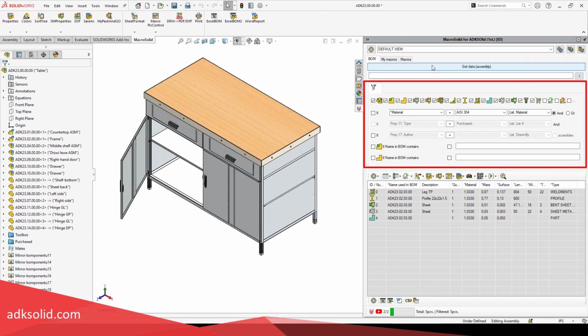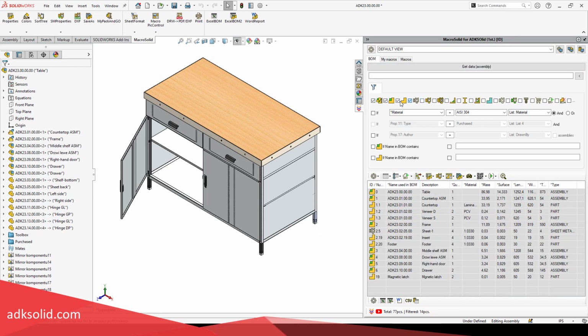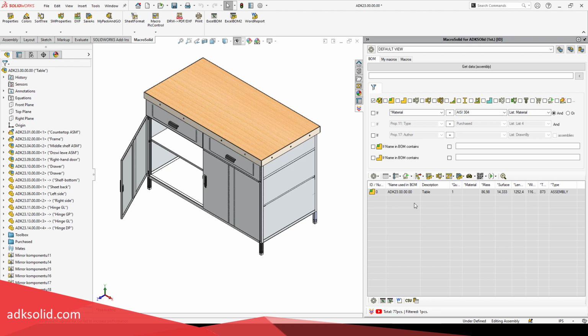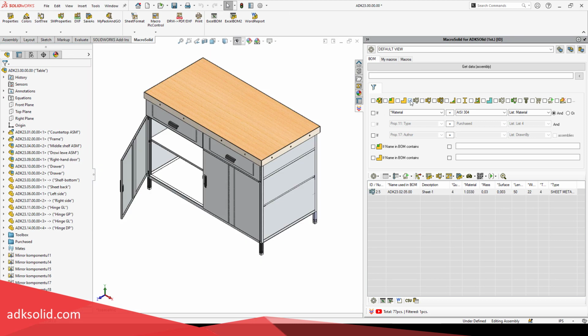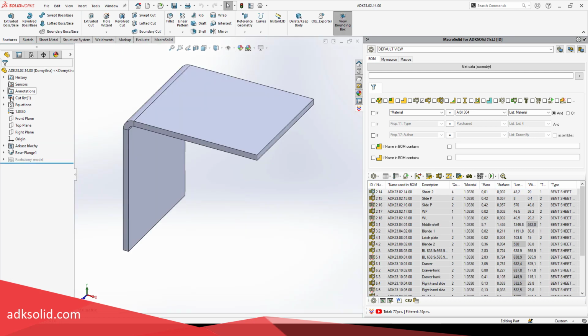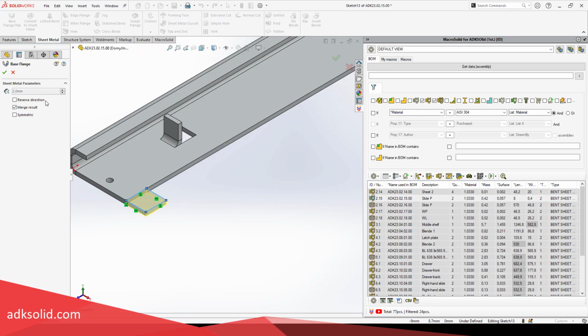Thanks to the built-in filters located above the table, components can be listed depending on the type of part, and additionally, with the use of omission filters. I recognize the following: main and active assembly, sub-assemblies, parts modeled with solid operations, without unfolding operations and without a Weldmet marker, single body sheet metal, parts with the unfolding operation without bends, single body sheet metal, parts with unfolding operation with bends, multi-body sheet metal in one file,